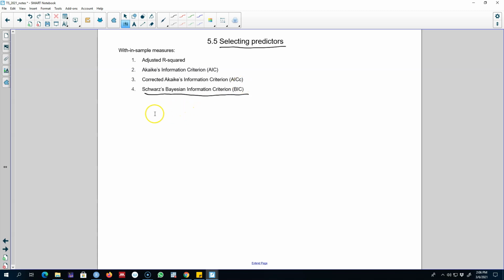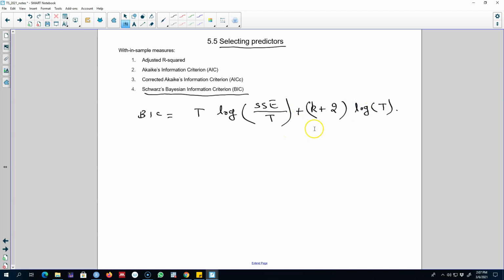Now this measure BIC is again based on the log of the sum of squared residuals divided by T, and T here is the number of observations that we have. And then we penalize this by including k plus 2. K again here is the number of parameters that we are regressing, and we choose a model with the minimum BIC. Now this Bayesian information criterion also penalizes a model with more parameters in it as compared with fewer parameters in it,